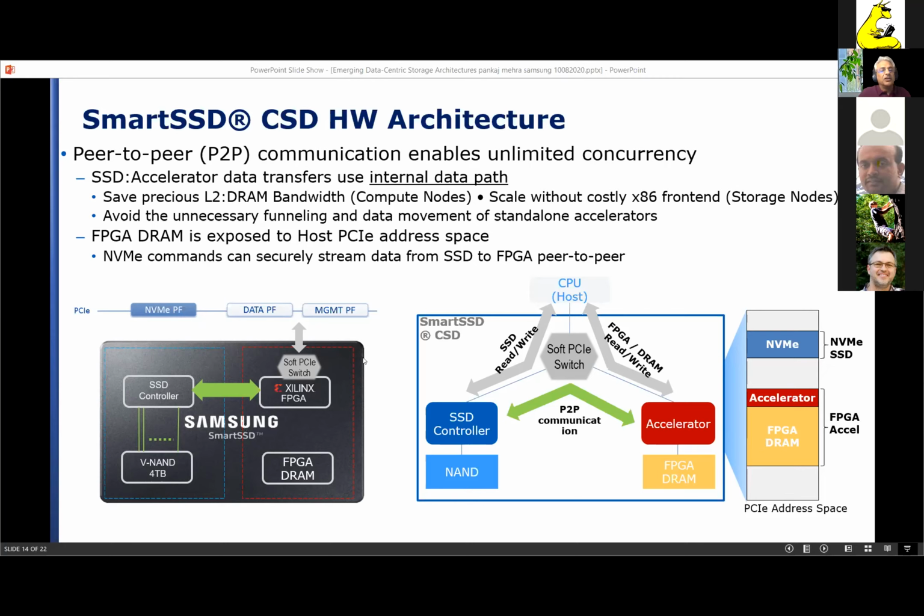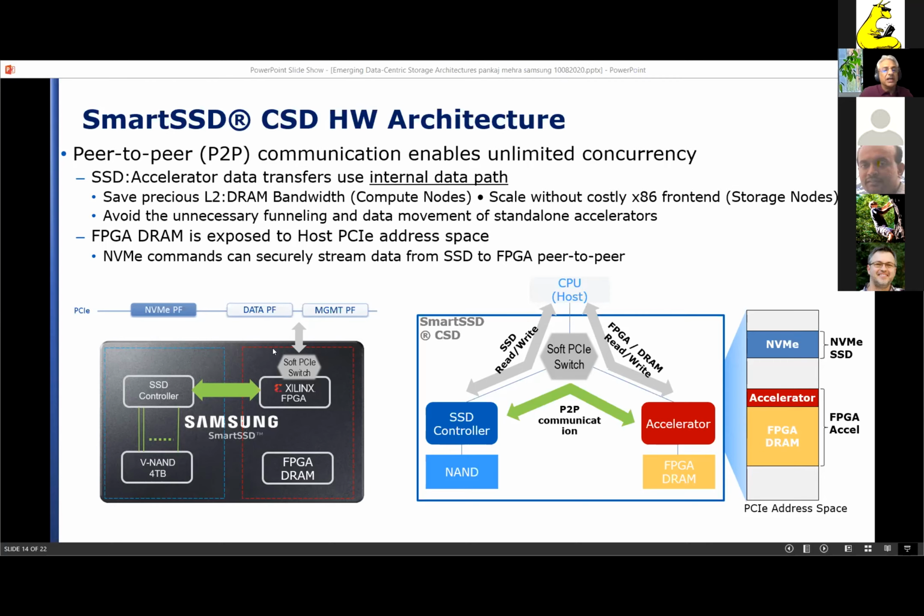The other part of it looks just like an FPGA. So if you know how to use an FPGA card by itself, your IPs, like I showed in the previous slide, people have easily ported, sometimes in a matter of weeks, their existing FPGA IP to the smart SSD. It presents just like a standard Xilinx FPGA, a data physical function and a management physical function for privileged operations, such as installing IPs.